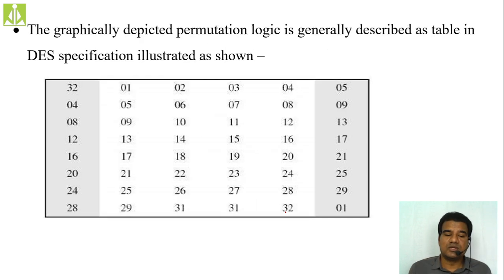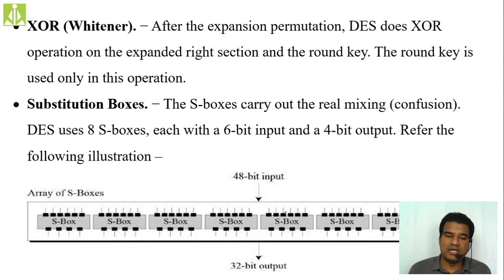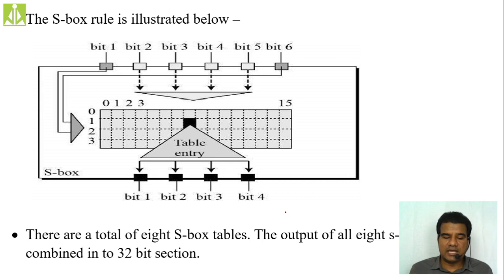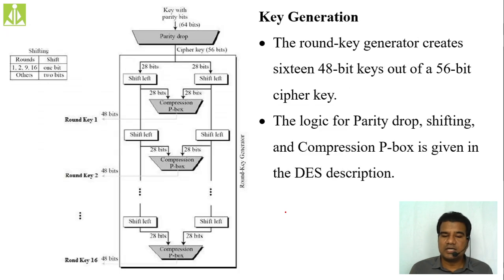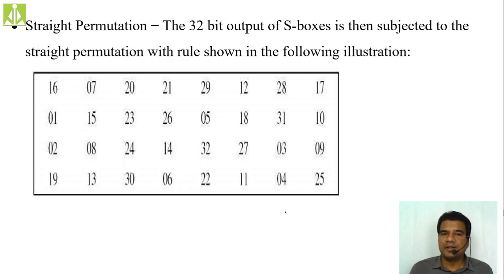Okay. So the next thing, this is your DES, whatever permutation logic we are using in order to perform that encryption. The expansion has been shown over here. Then the XOR is performed and the substitution boxes will be applied. Then the SBox rule is shown over here in this diagram. Then finally, after applying the substitution, we will get what we call the ciphertext.